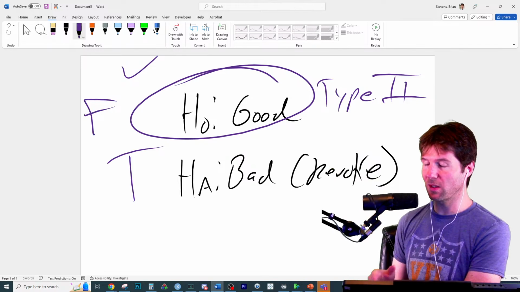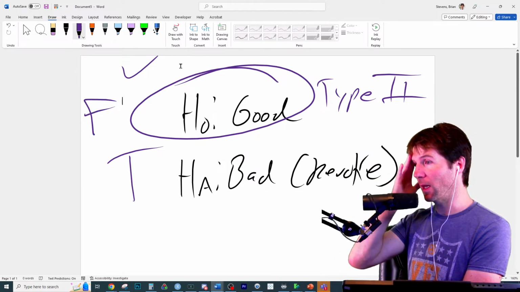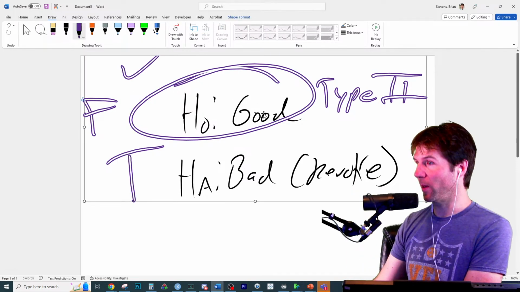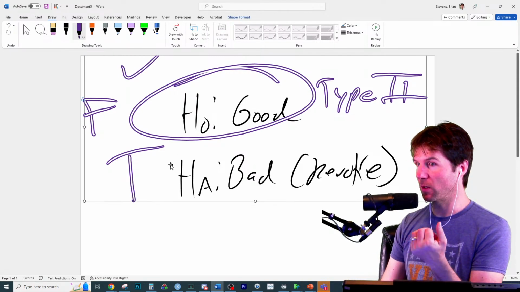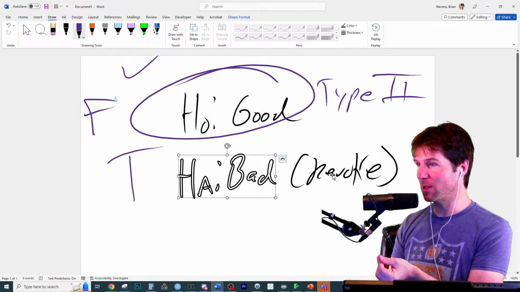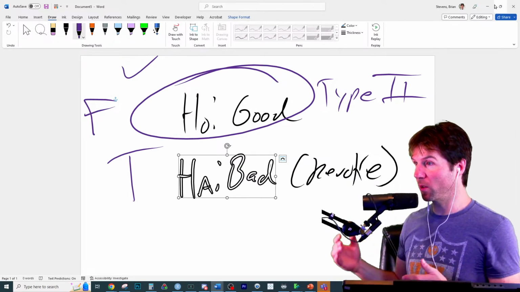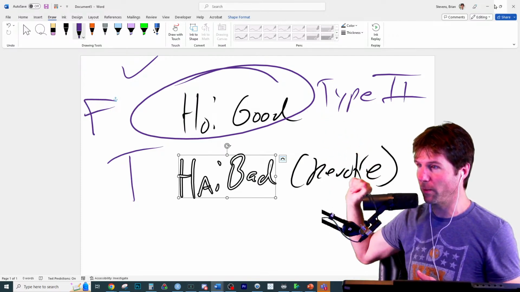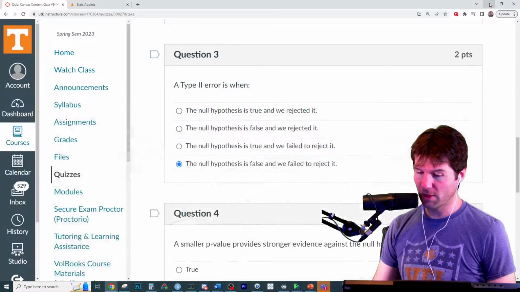So usually if you write this out and do the drawings like I do, I always try to draw it. I'm trying to think. It's that, and helps me. It's that it is false that they're doing good inspections. The null is false. We are not going to reject that, though, and believe they are doing good inspections. But the truth is that they are doing bad inspections and we should revoke their license. So kind of walking through like that, like pointing to the null and be like, that is false. It is false that they're doing good inspections. They're actually doing bad inspections. That's the truth. But we are going to fail to reject the null. Just some practice with that.